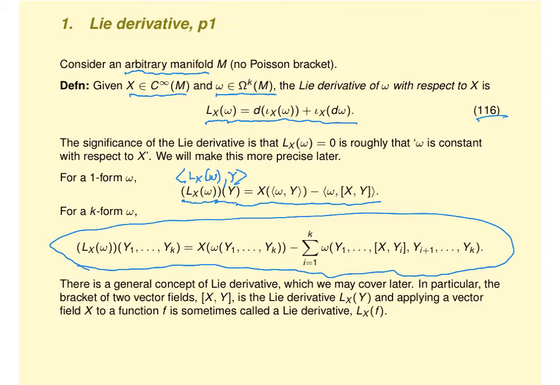The geometric significance is that this really is a genuine derivative, and for example, if the Lie derivative of omega with respect to X is equal to 0, then omega is constant, and I'll put this in verbal quotation marks, omega is constant in the direction of X. Now that needs a lot more explanation in terms of the concept of flow of a vector field, and we'll get to that later. So at the moment this is a definition that's been more or less pulled out of